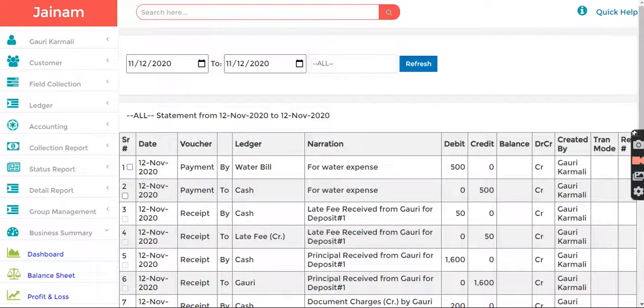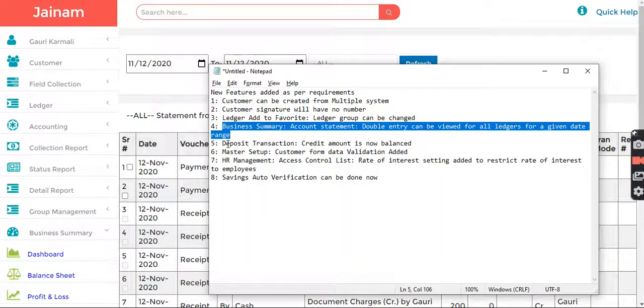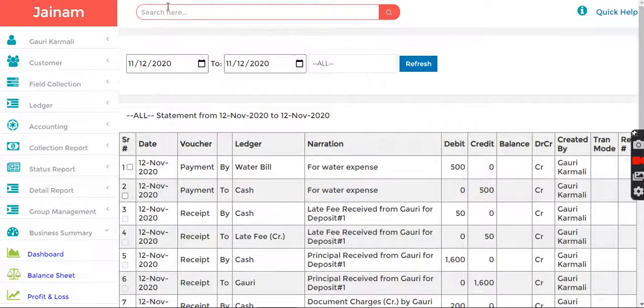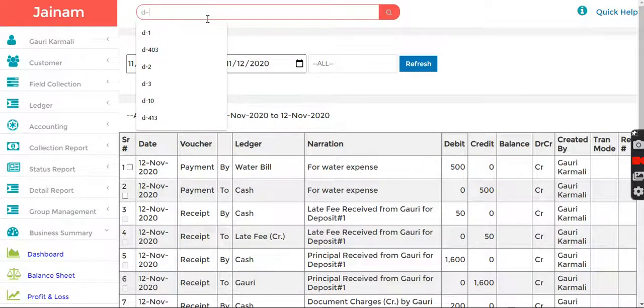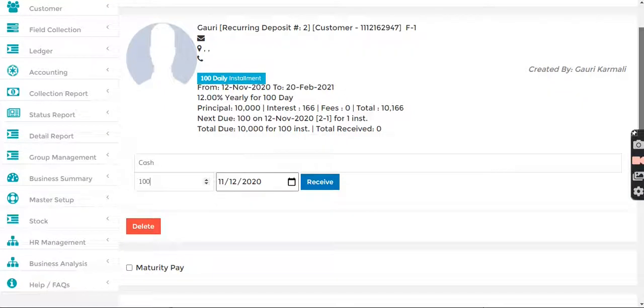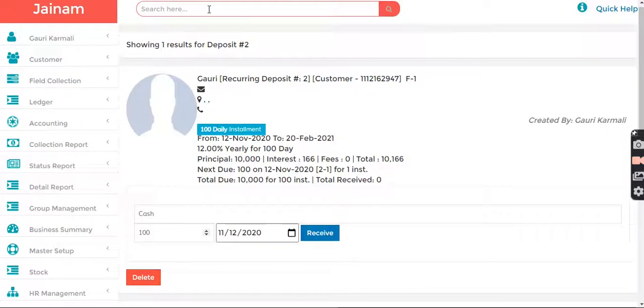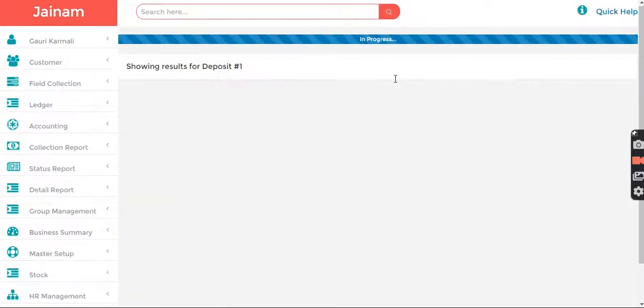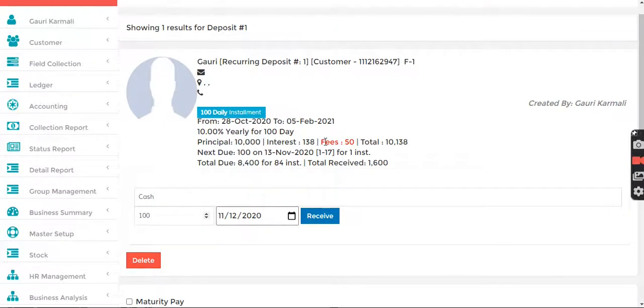So now let's see what is the next requirement. Deposit transaction credit amount is now balanced. Say for example I have a deposit T dash 2. Okay, I think this was made on 12th November, right? Okay, so for example I have D dash 1. Okay. So here fees of 50 rupees have been added to this deposit. Okay. Now